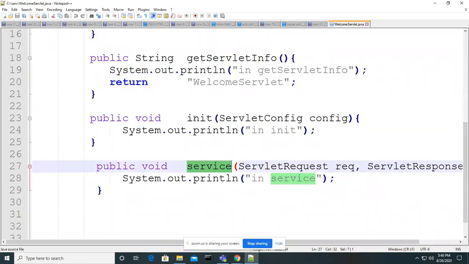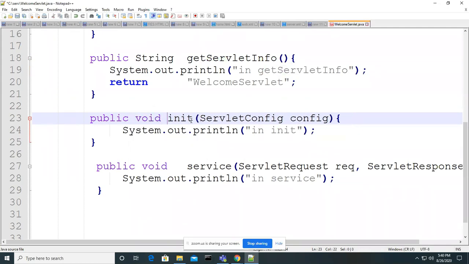If you start with the init method, it is not returning anything, no return type, which means void. It doesn't return anything. And this method takes input. What input does it take? It is ServletConfig, a config object.